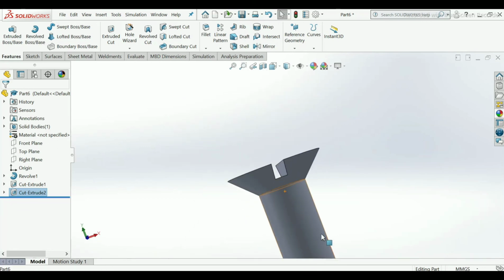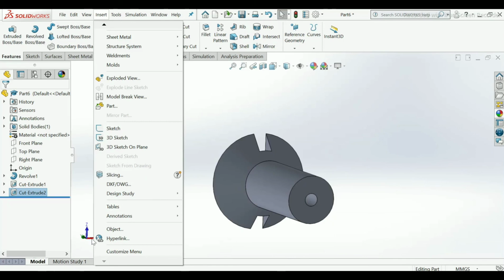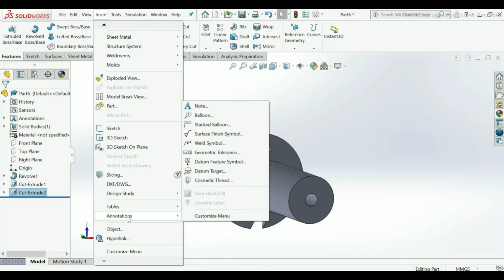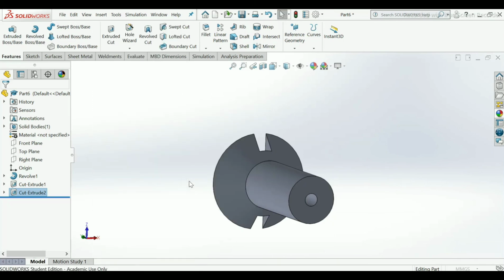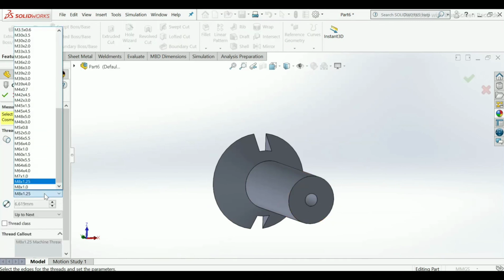Only we have to give a cosmetic thread here. So in options our cosmetic thread has been selected. Go to insert, annotations, cosmetic thread. Size will be M20 into 2.